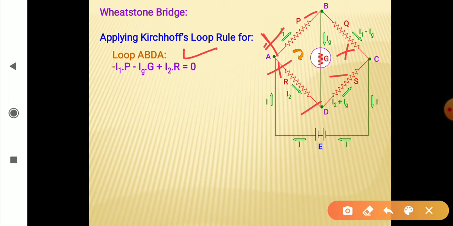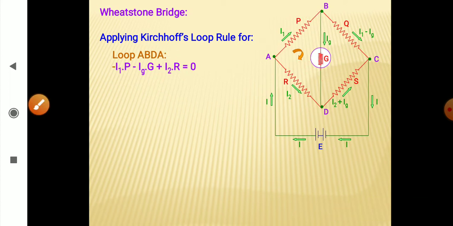So if you start at point A, then for resistance P, the current is flowing from higher to lower, which is fall of potential, so minus I1P. For galvanometer, again fall of potential, minus Ig into G. For resistance R, you are moving from lower potential to higher potential, so it is rise of potential, so positive. So in this way you have got this equation, and if you move to the second loop, which is B,